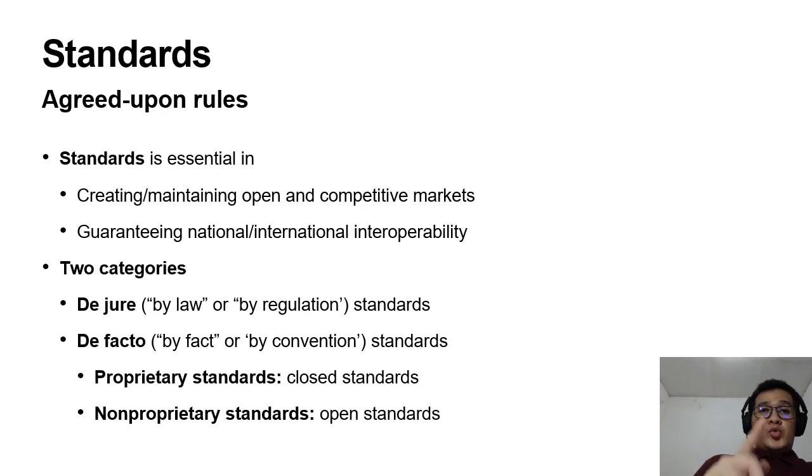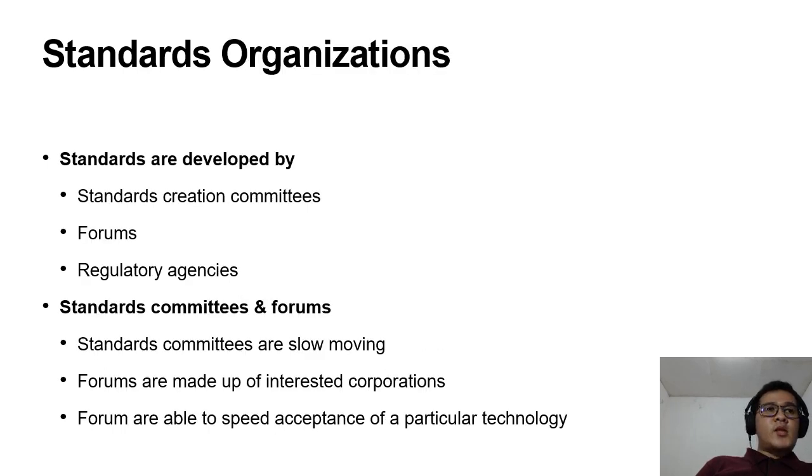There are two categories: the first one is de jure, and the second one is de facto. De jure means by law, or by the regulation of the country. De facto means by fact or by convention. De facto is divided into two types, the proprietary and the non-proprietary, or the closed one and the open one. The standard organizations